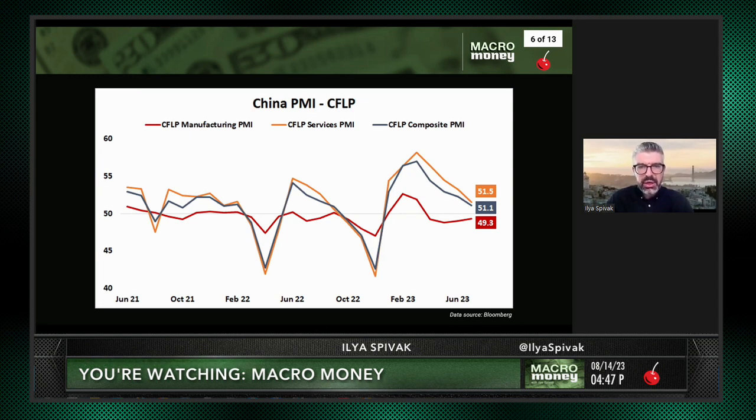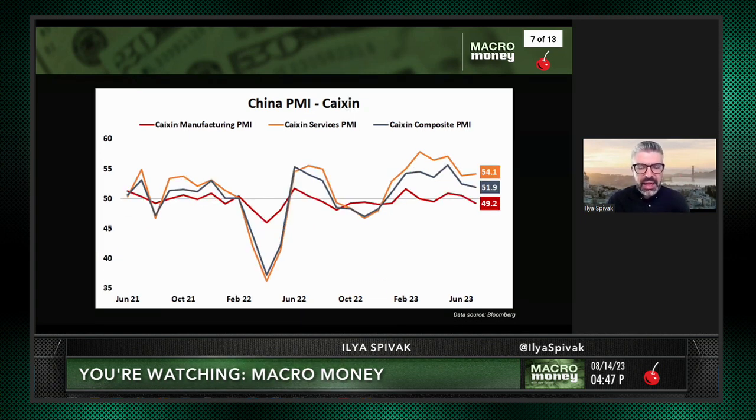If we consider what's going on here across another measure of PMI, an analogous measure of PMI, this one, CFLP, is from official sources. China actually has another set. This is a private sector set done with S&P Global and Caixin. Very similar story. Slightly different overall numbers, but essentially the same narrative. Manufacturing in contraction, services fading, the composite index nearing idling.